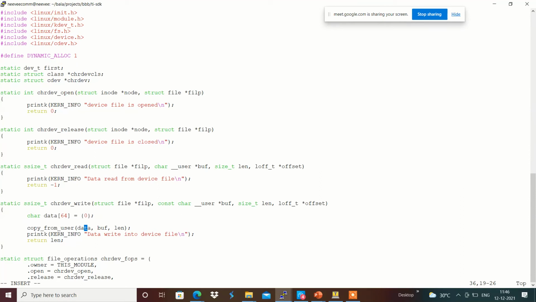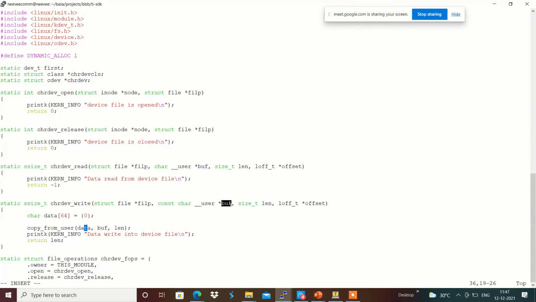You may ask whether we can access this user space buffer directly in our kernel module. The answer is no, we cannot access it directly without copying with the help of copy_from_user.